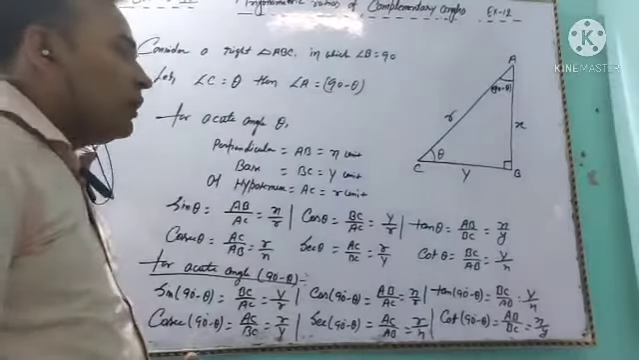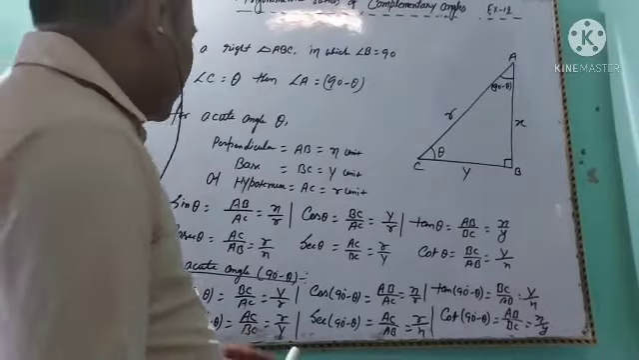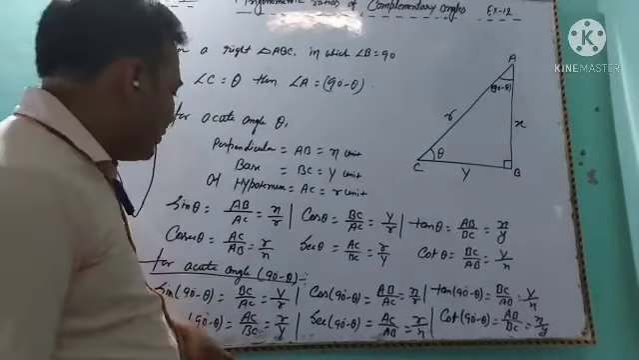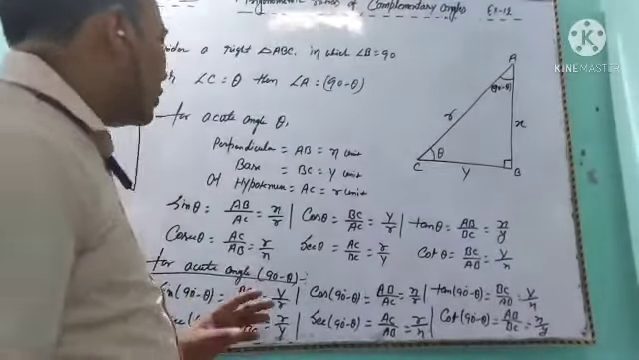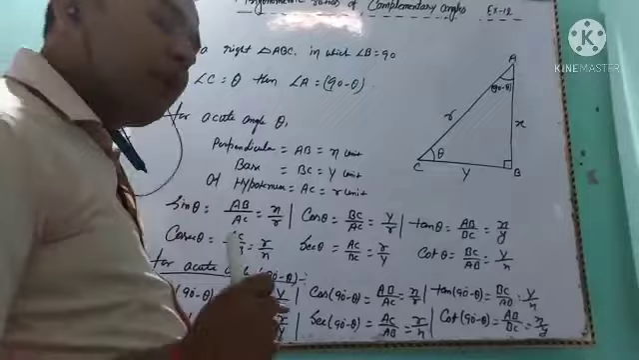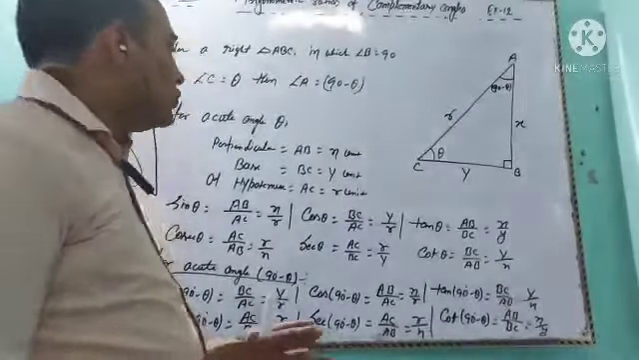So now we are going to discuss the relationship between θ and 90° − θ, both acute angles, because θ and 90° − θ are the complementary angles. Okay, so students,